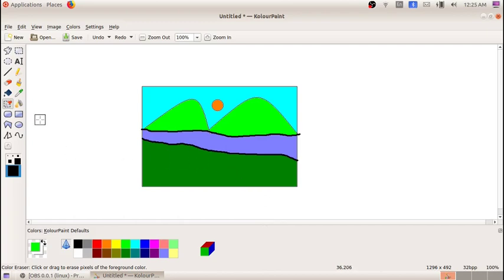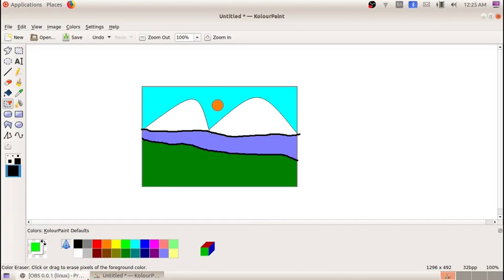Now one more thing, if you double click on this color eraser tool, what will happen? Wherever the picture contains that green color, it will be erased. So I am going to double click on this color eraser. So this green color is erased.